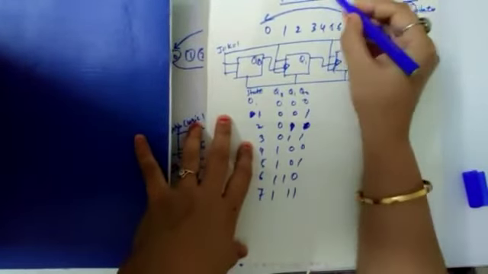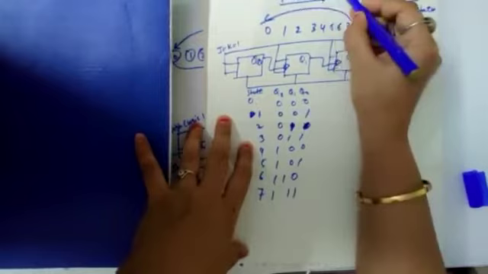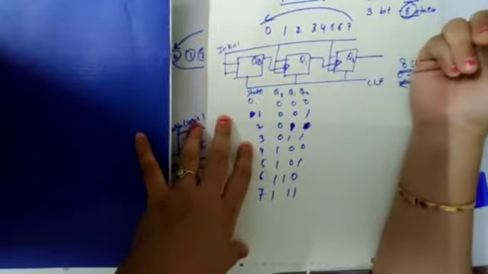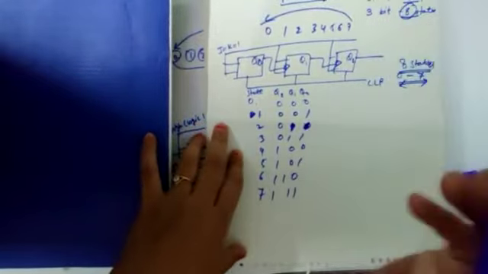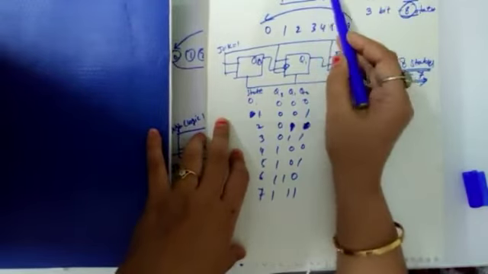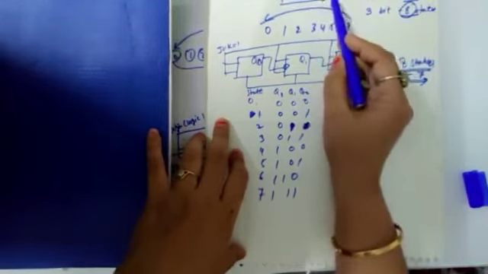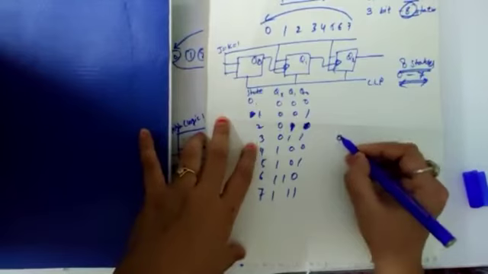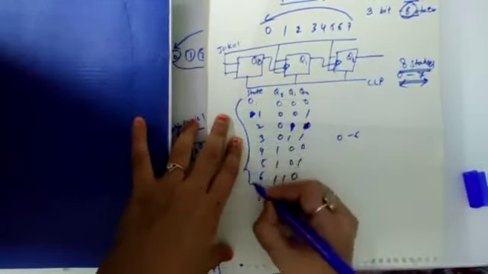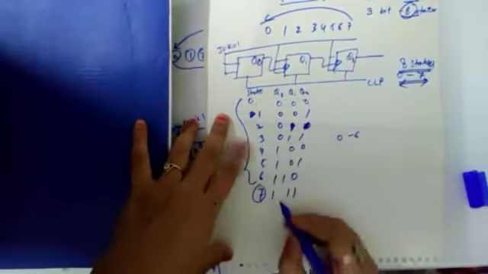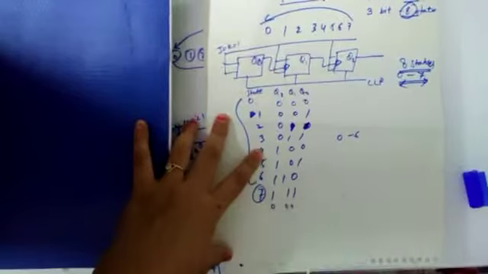What we want is to stop the counting after the 7th pulse. It will just count 7. If we want to design mod 7, it should just count 7 pulses. So 7 pulses means 0 to 6. It will just count from 0 to 6 only. At this state, we want the output to be 0. That is what we want to make it a mod 7 counter.